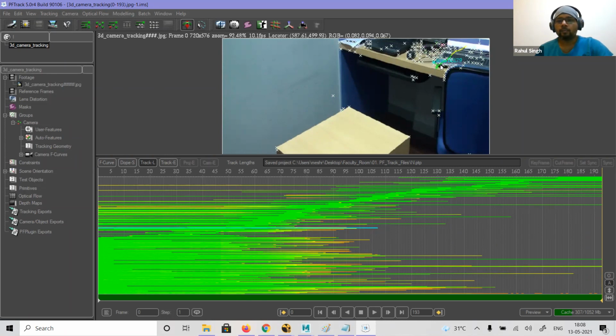I can select this point, this is track 001. It shows the timeline, starting from 0 and going till frame number 105. After that, it is not present in the scene. It shows where it is starting and where it is ending. So it is for that purpose only. Clear?